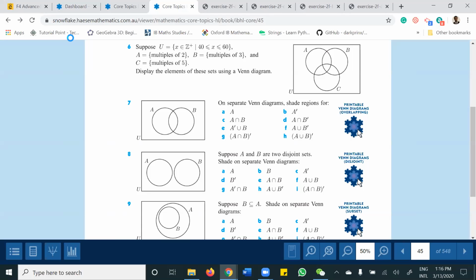Okay, what can you still see, guys? We can still see the board. I mean the questions.